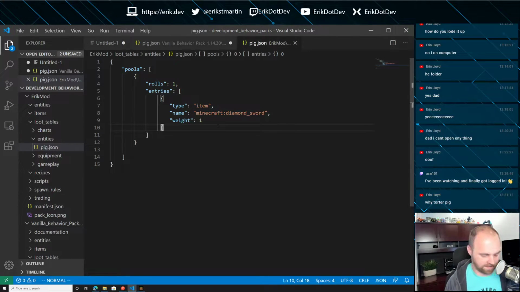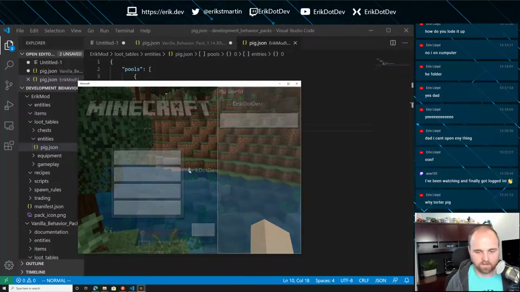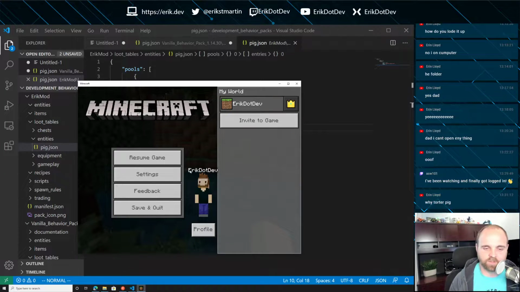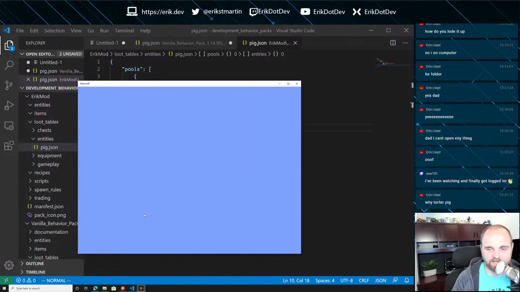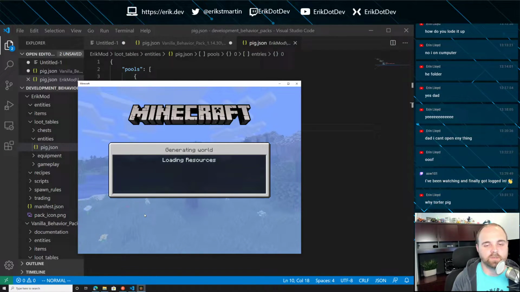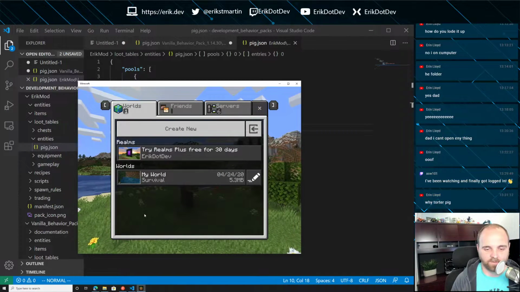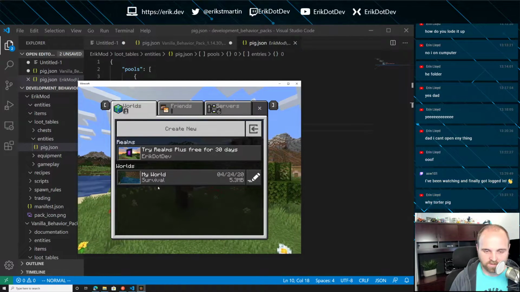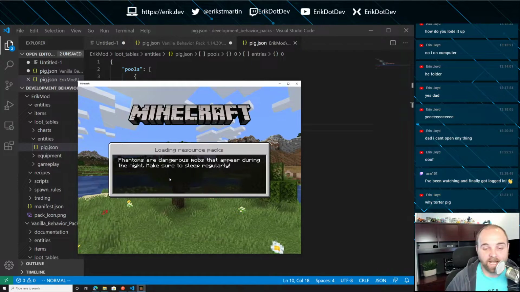So we're going to go ahead and save this. Now, in order to load your changes, you are going to have to save and quit each time. You do not have to close Minecraft. You just have to exit your world. Then when we go back into